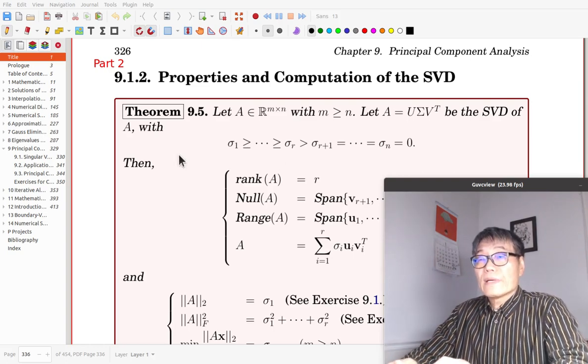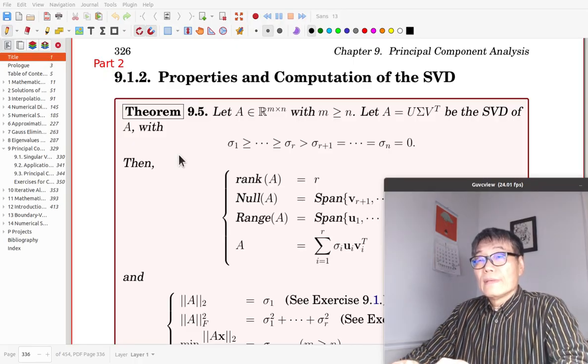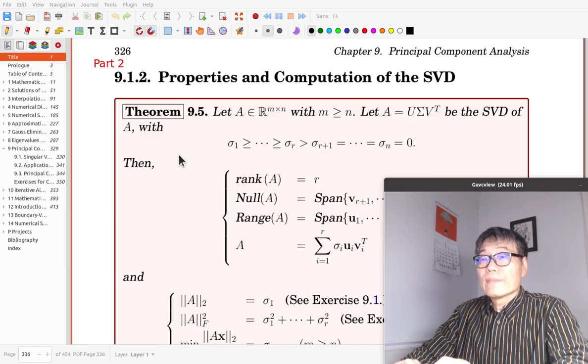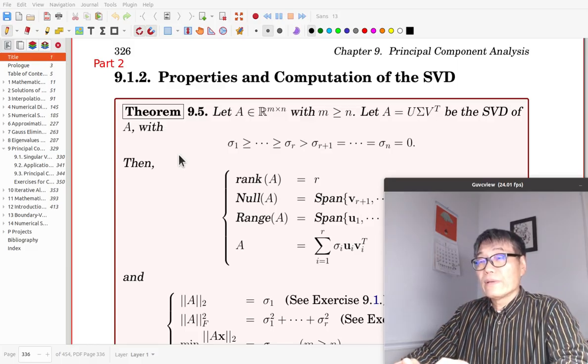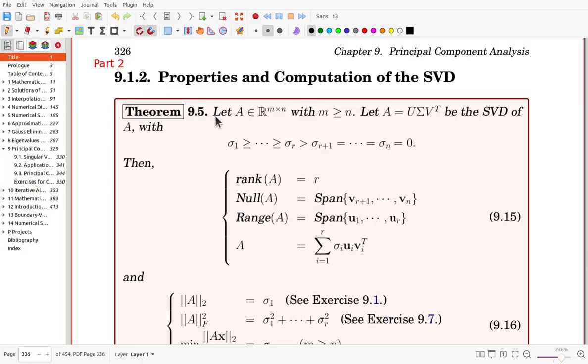It is the second part of section 9.1. Here we'll consider properties and some computational techniques for the singular value decomposition. Let's see the theorem. A is an n by n matrix, and U sigma V transpose is the singular value decomposition of A with